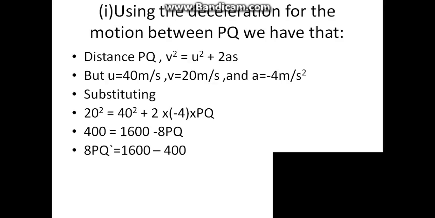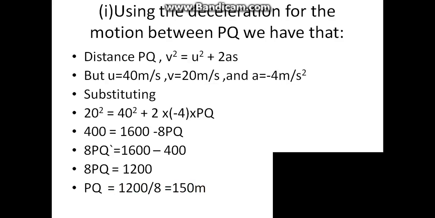Putting the unknown values at the left hand side and the known values at the right hand side, we have 8PQ is equals to 1600 minus 400. 8PQ is now equal to 1200. PQ is equals to 1200 over 8, which will give us 150 meters. II, for time